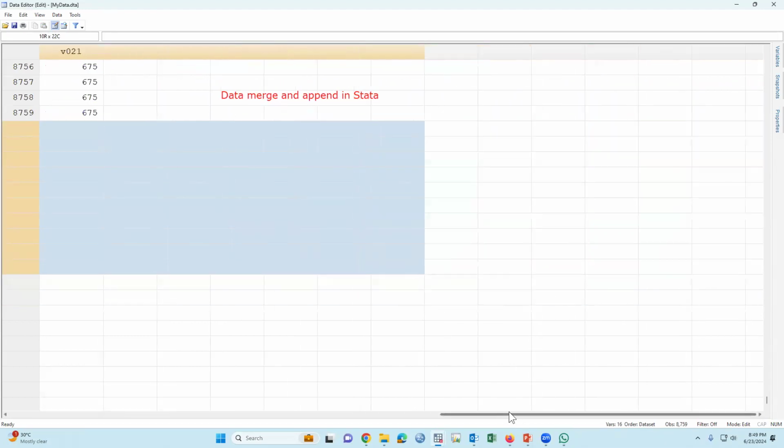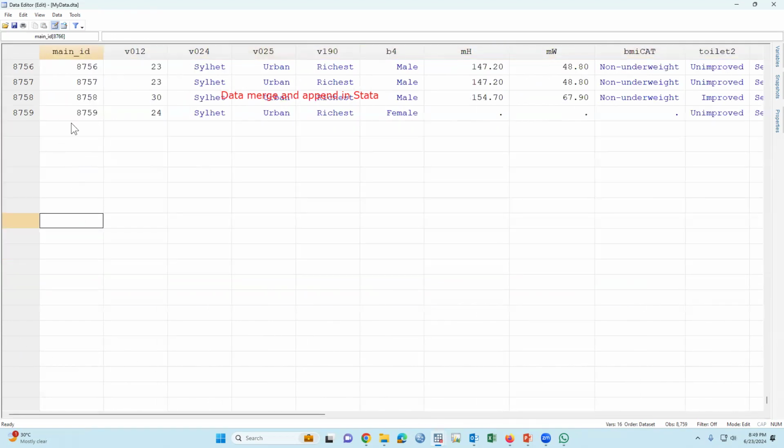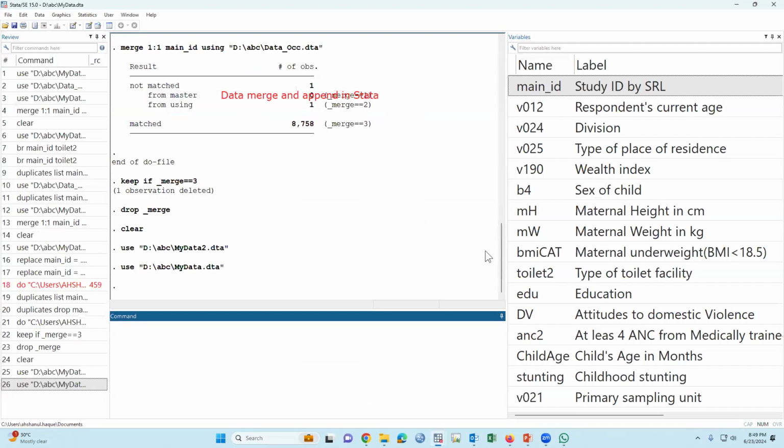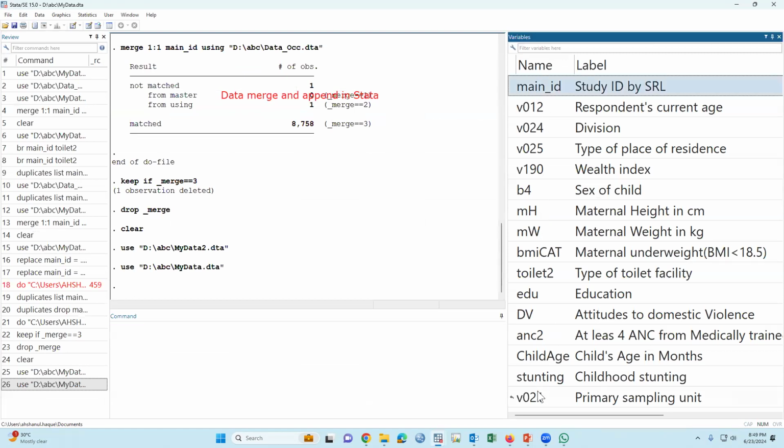Okay. So remember, please, the number of observations is 8,759. So I can append. For appending data sets, obviously all variable names will be the same. If there is any variable which does not match the other data set, then this variable will not be appended.